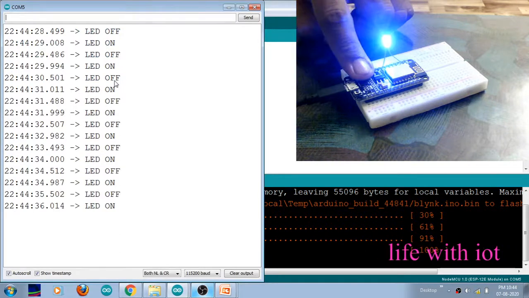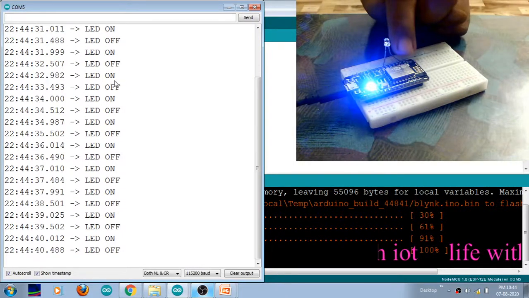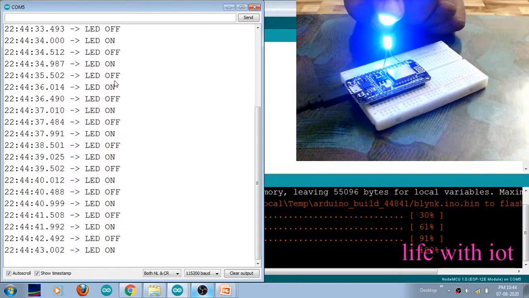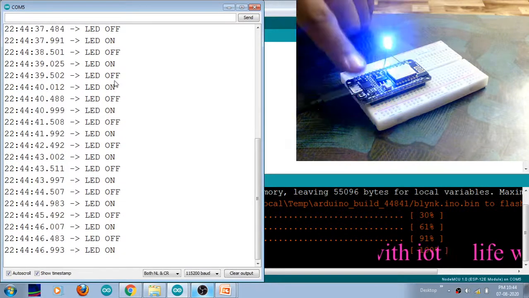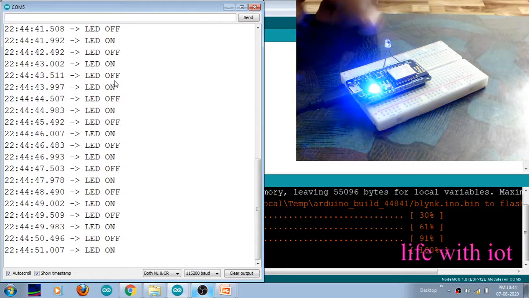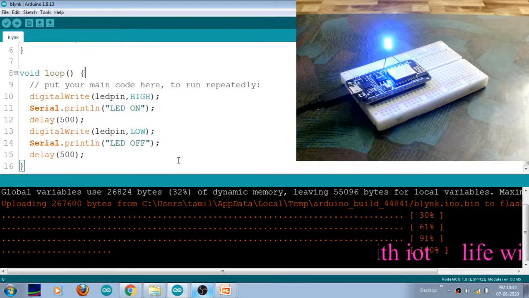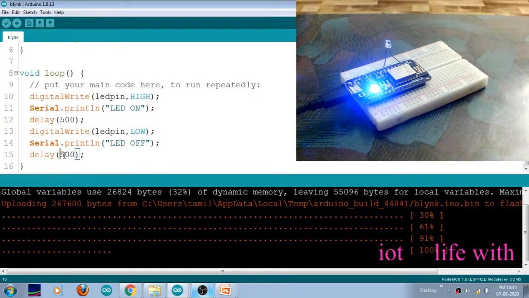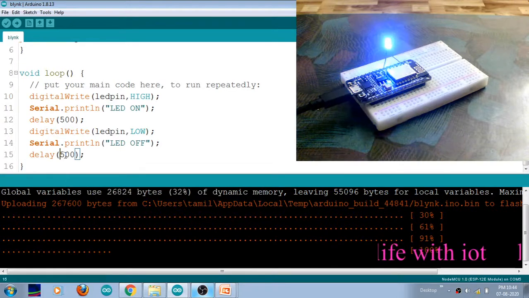In order to show the external output, I have also connected the D0 pin with the ground. The D0 pin will be connected to this LED. So these two will be opposite to each other. Suppose the built-in LED is turned off, then this light will be turned on. If I wish to change the timing, I can simply increase or decrease this particular delay. Then automatically the speed of the blinking will change.